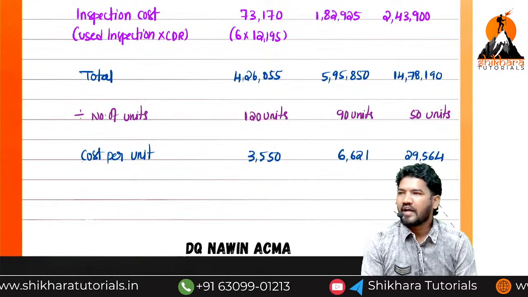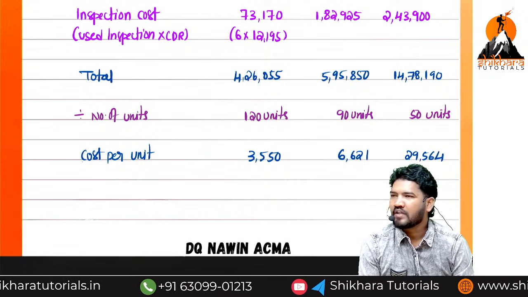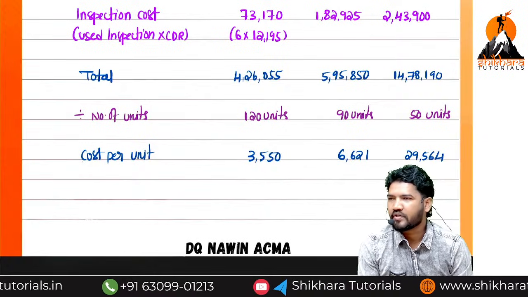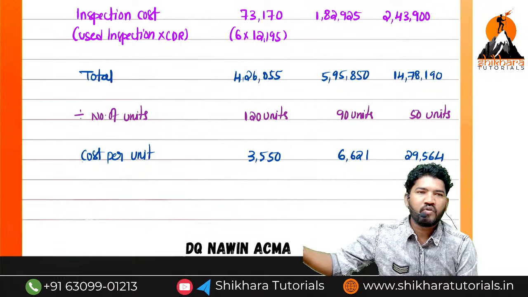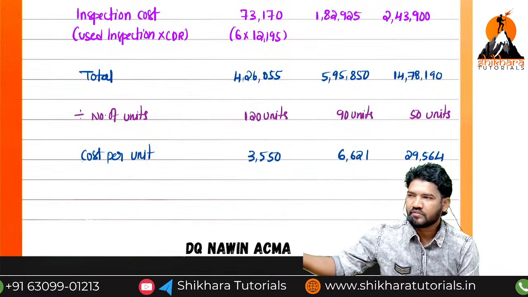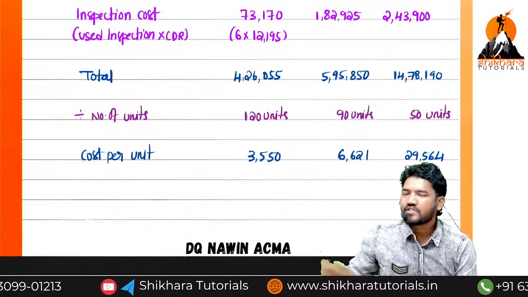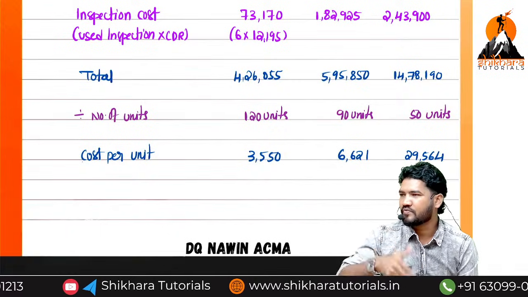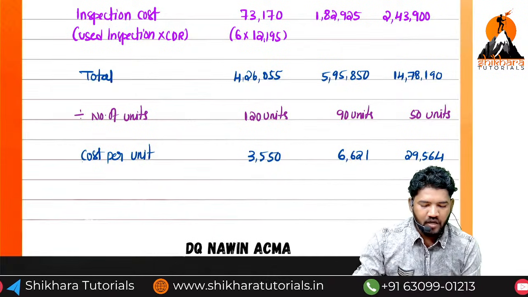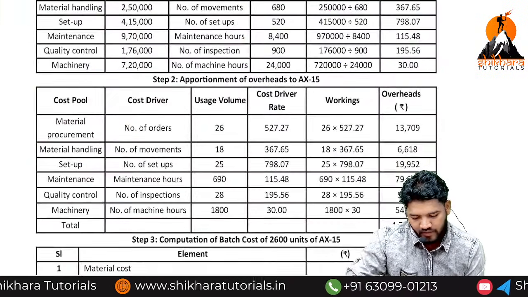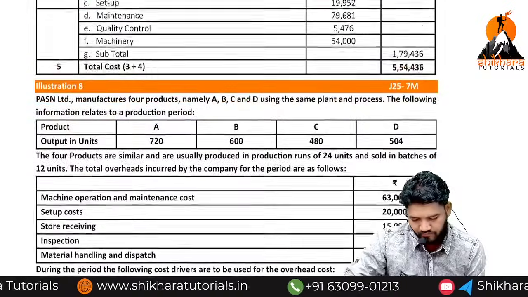Clear? A third question also they will ask: total cost per unit. Now, this cost per unit is the overhead cost per unit. Are you clear? If they ask total cost per unit, you have to add prime cost to this. Clear? Okay, then fine. Come to illustration number